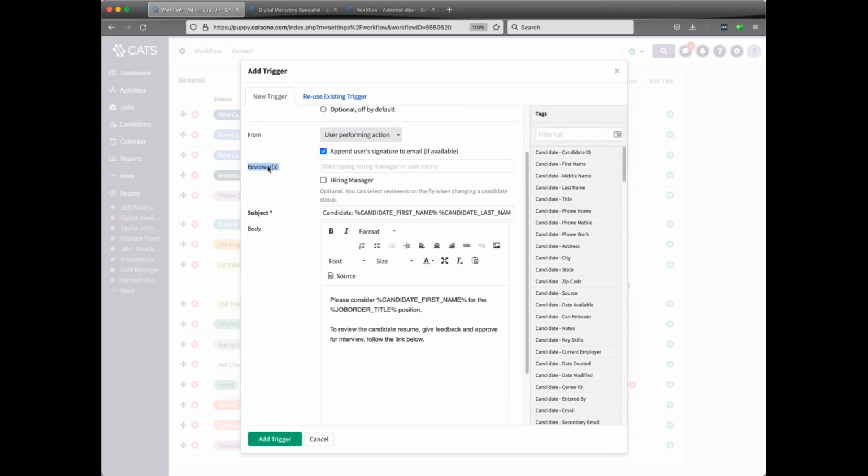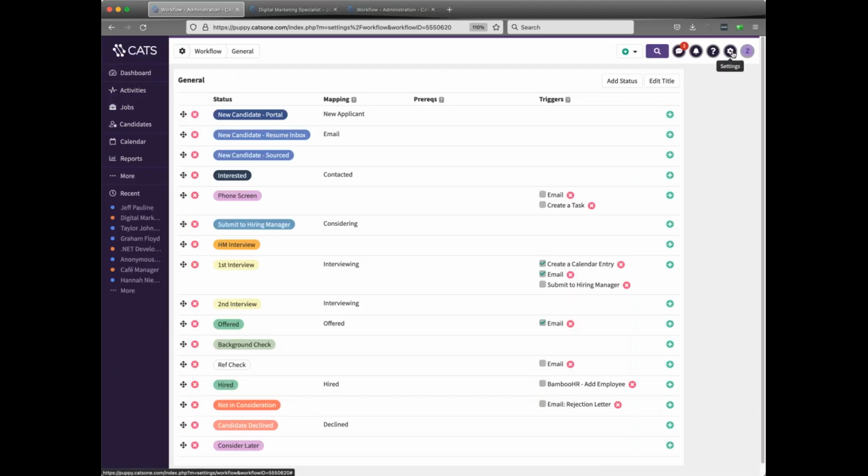The reviewers section is kind of a fun one as well. So this is one that you can absolutely leave blank. And you can choose, again, who you're going to send that to on the fly. Or you can do the same thing like we did in the other version, where you have a contact that's assigned to a job. What you can do in this version is,